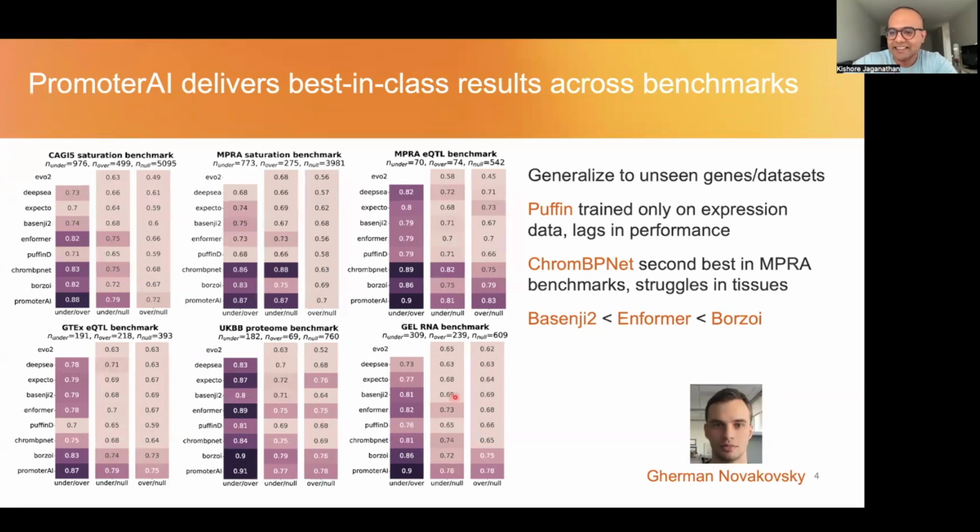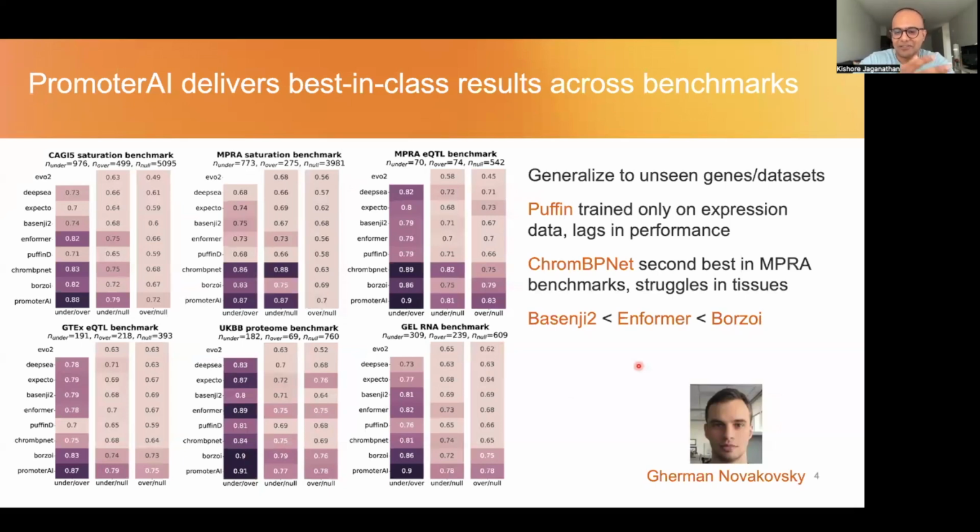So that's again another reason why you cannot just do only RNA-seq or only ATAC sequencing. If you want the best performance across all of the different options, you seem to need both of them. And there are also many models coming from David Kelley, and you see that each successive model is better than the previous one. And we are comfortably ahead of Borzoi, but also more recently, there is AlphaGenome that came